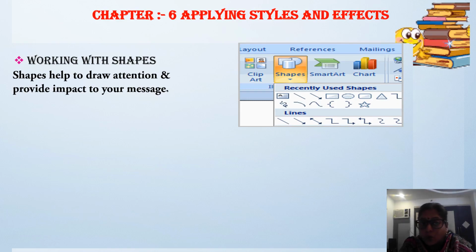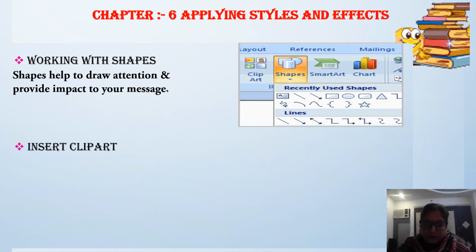Shapes help to draw attention and provide impact to your message. Means it adds impact to your particular topic. Like you can use star, or banners, or a smiley face. There are so many different shapes even in your Word document. Okay.